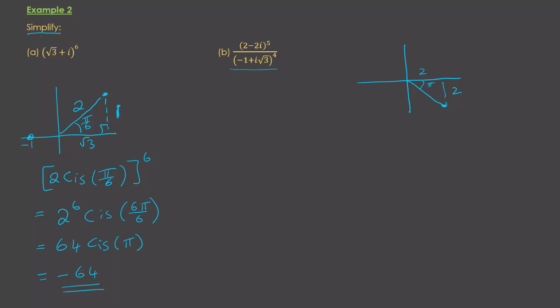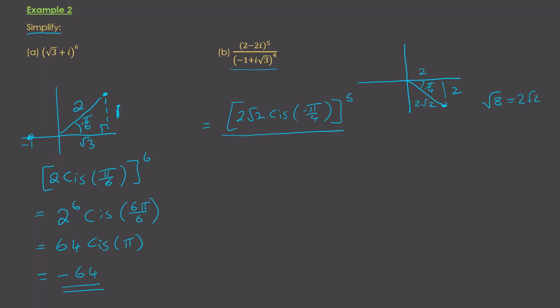This must be pi by 4. 2 squared plus 2 squared is 8, the square root of 8. And the square root of 8 becomes 2 root 2. So on the top, we have 2 root 2 cis -pi by 4